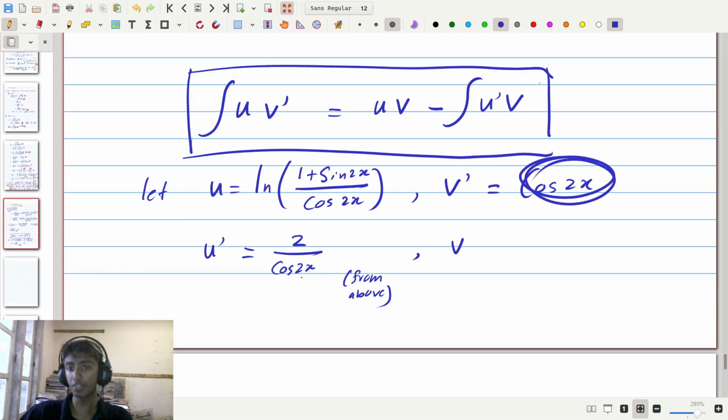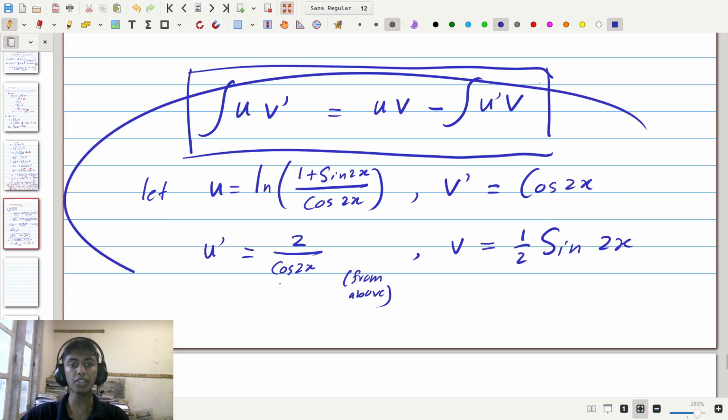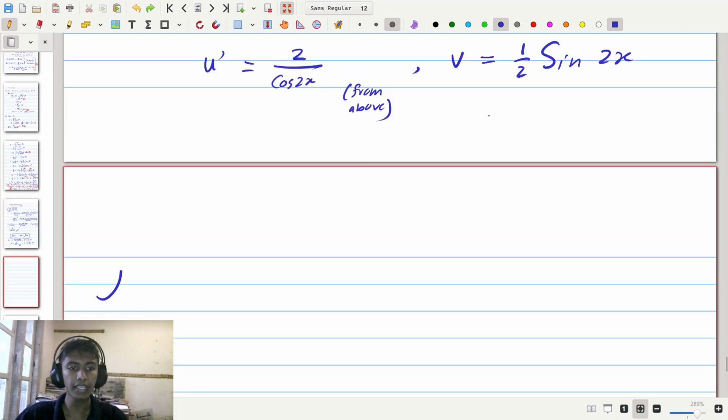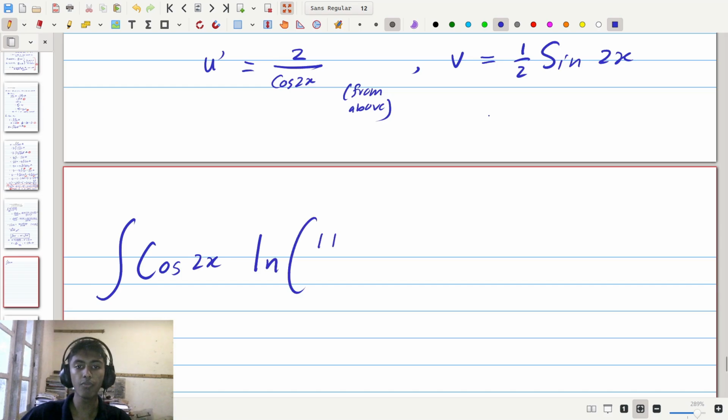If we take the integral of this thing here, we can see if we do u substitution, 2x would be equal to u, and we'd have the integral of cosine u, which if we do all of the maths is going to be equal to 1/2 times the sine of 2x. Now, given all of this, if we substitute this into a final expression of the integral of u times v prime being equal to uv minus the integral of u prime v, then considering what we have, the integral on the left, which is what we had previously, which was the cosine of 2x times the natural logarithm of (1 plus sine of 2x) divided by cosine of 2x with respect to x,